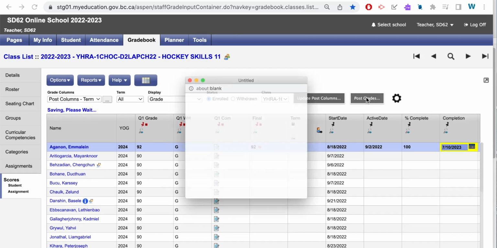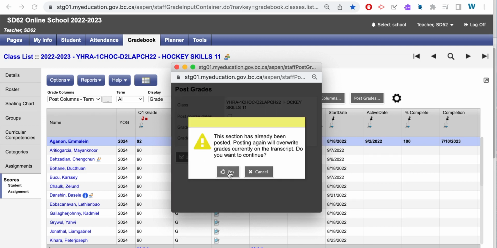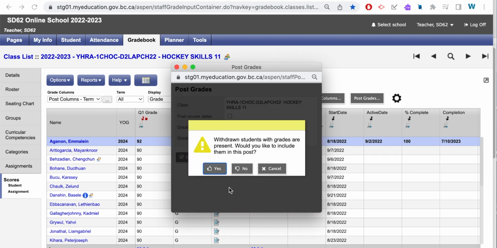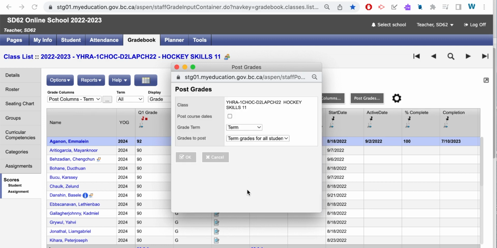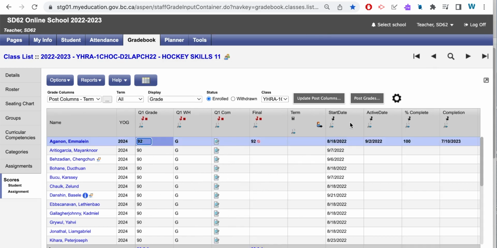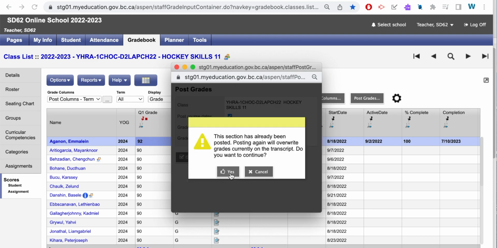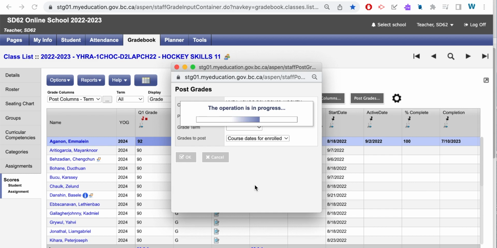Please click on Post Grades. Be sure to leave the grade term as term and click OK. You will be asked if you would like to override all previous data. Please say yes. It is imperative when prompted once again if you would like to include withdrawn students to click no. Once again, when you post grades a second time, please be sure to tick on the box that says Post Course Dates. It's repetitive, but once again, you'll be asked if you would like to overwrite all previous data. Please be sure to say yes and provide ample time for this window to close on its own so all